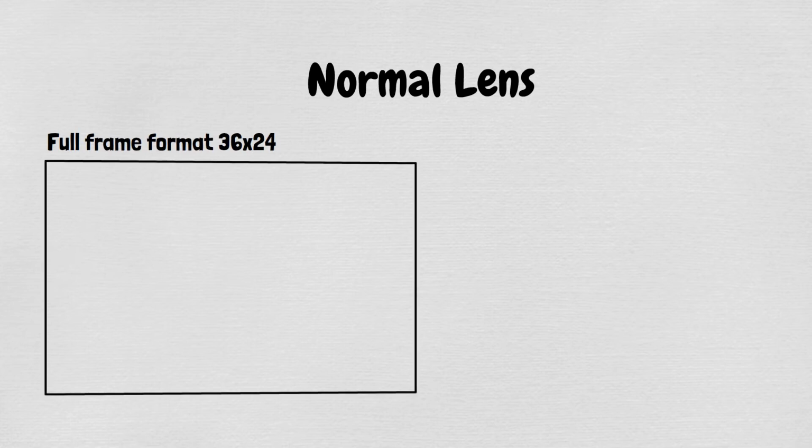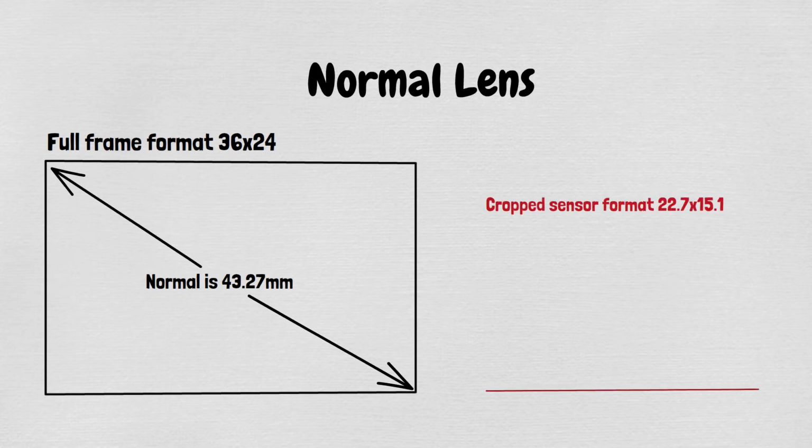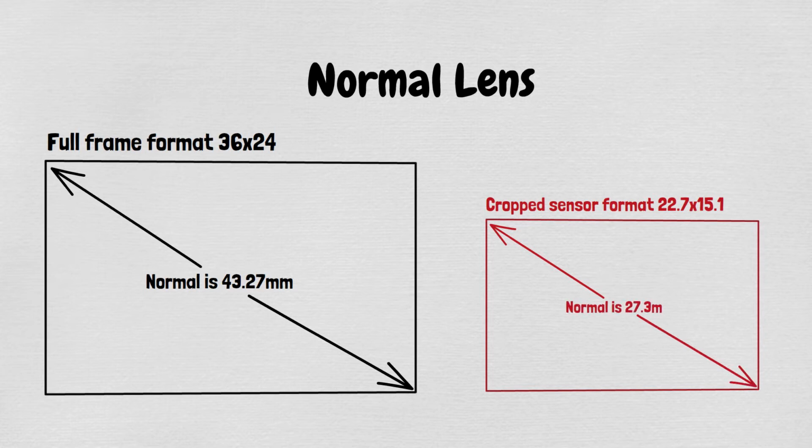Now this normal lens will vary for the DX cameras. Most of you would be having only a DX camera. The normal lens would vary because of the size of the sensor, and again there are various sizes of the sensor. 18 by 24 is the most popular size. So the diagonal comes to around 35 mm, 33 mm, 32 mm, whatever. So 43 mm is the normal lens for a full frame camera. Most lens manufacturers make a 50 mm lens and call it a normal lens, and for a DX camera it is around 35 mm.